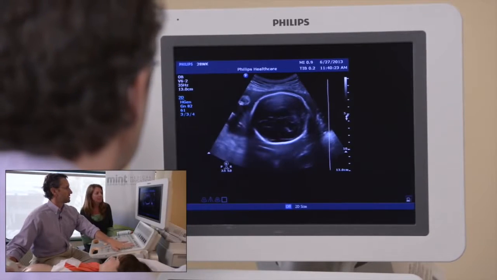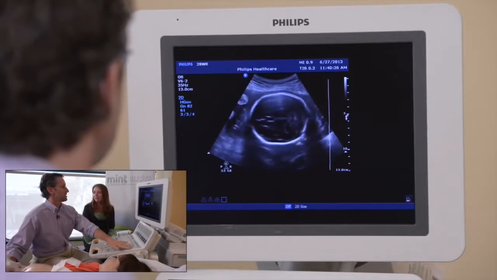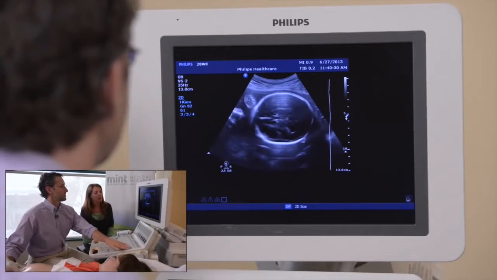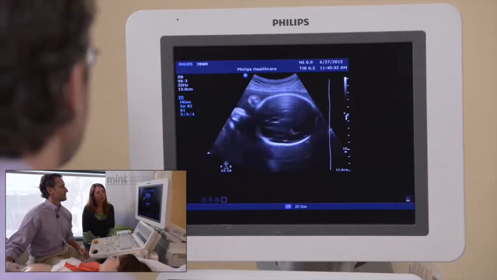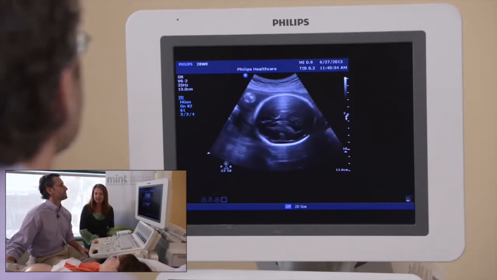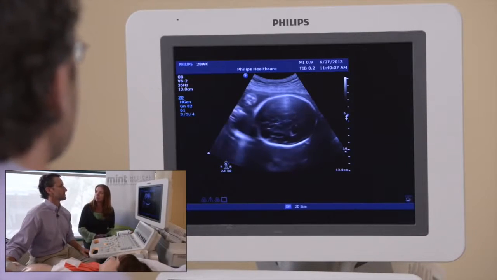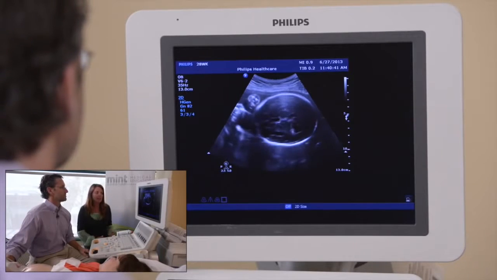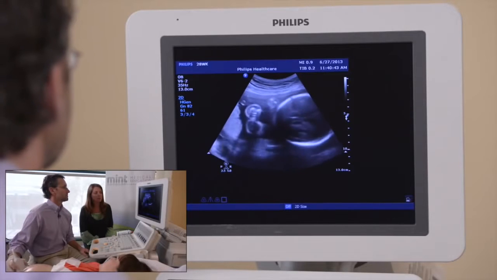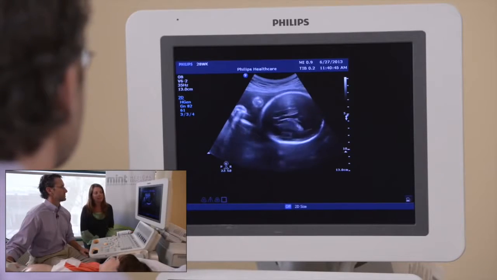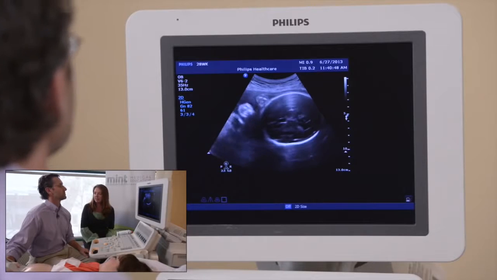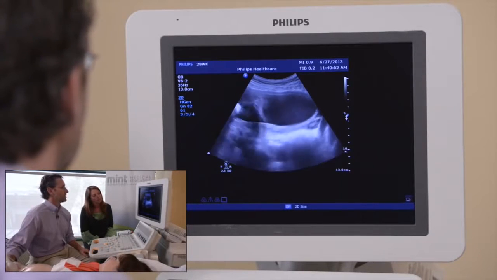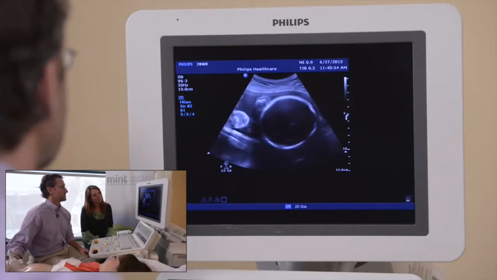Obviously you could speak for weeks on what is covered in the 20-week anatomy scan and the difference between normal and abnormal, but we really just want to cover the basics of what is on that checklist of a normal anatomy scan that we would expect to see on a healthy pregnancy. Also, some of the more important landmarks, so we get our measurements done in the same location on all the babies. So great. Since we're at the head,